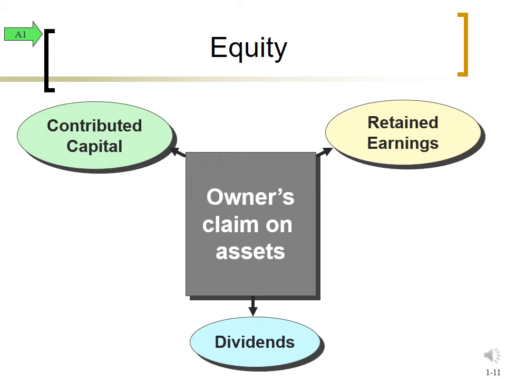Equity is the last component of the accounting equation. So we started with assets, and we said assets equal liabilities plus equity. Now, you may see or hear me refer to equity as owner's equity, or you may read about it as stockholder's equity. Just understand they're all one and the same. And what this represents is the ownership in the business by the owners of the company. Well, who are the owners of the company? Stockholders. So equity, or owner's equity, consists of two major components: contributed capital or stock, and retained earnings.